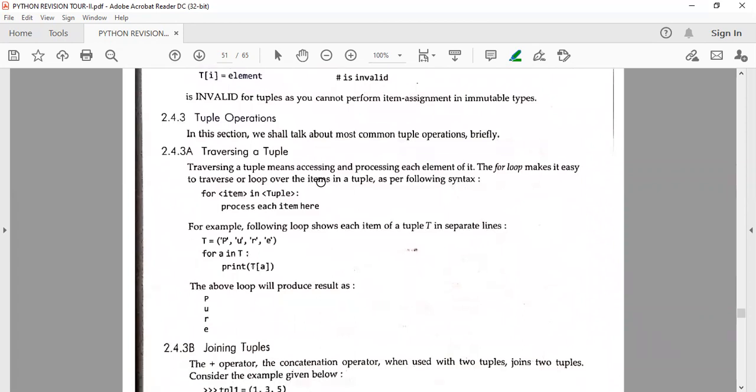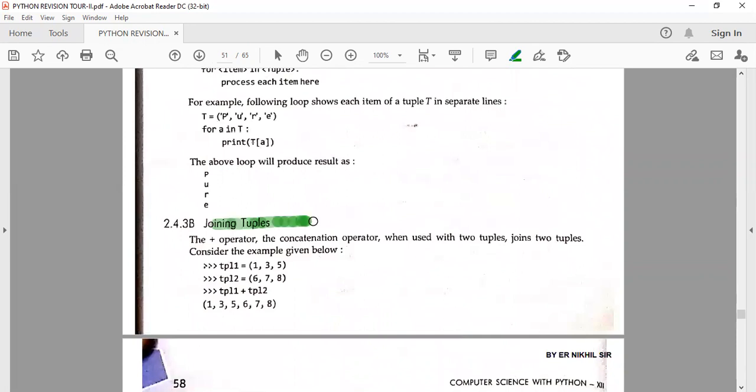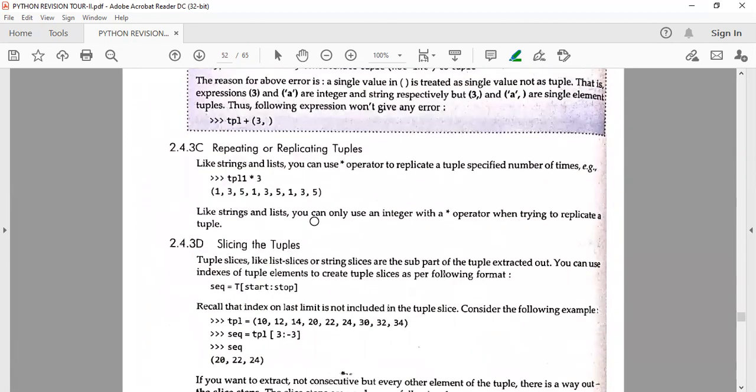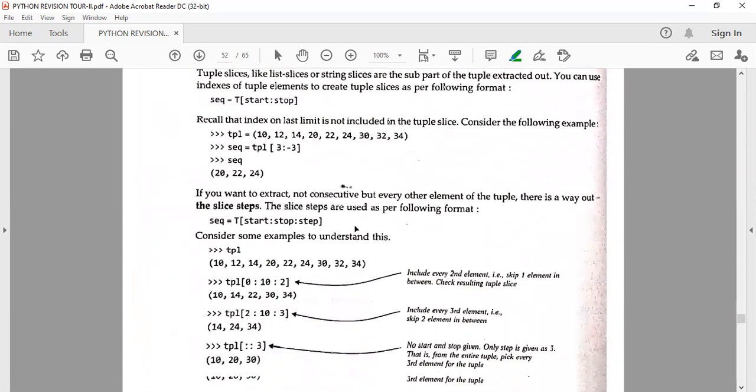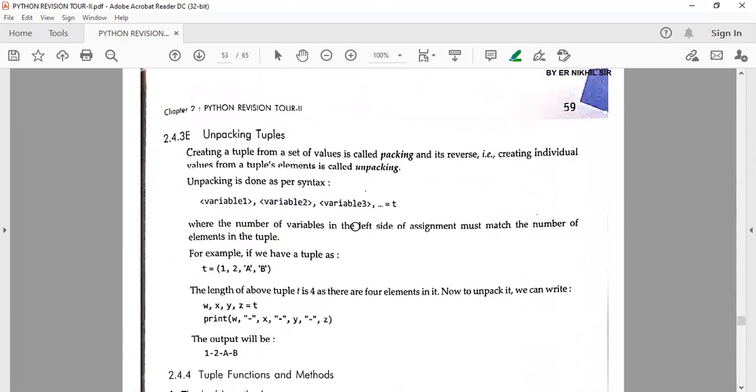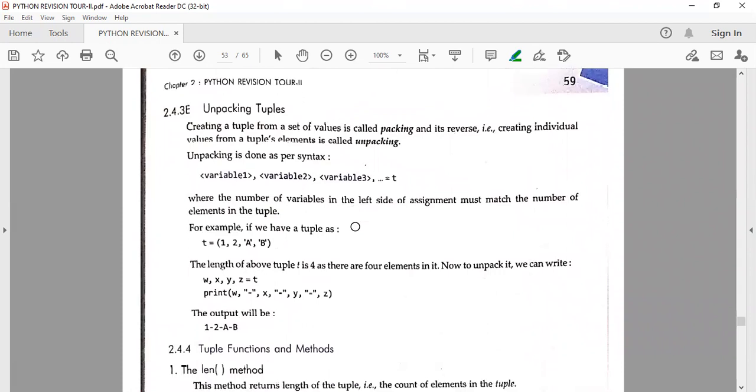Now tuple operations. We have already done these for the list: traversing, joining, replicating, slicing. Yes, all these are the same. The difference is only unpacking tuples. What do you mean by unpacking a tuple?